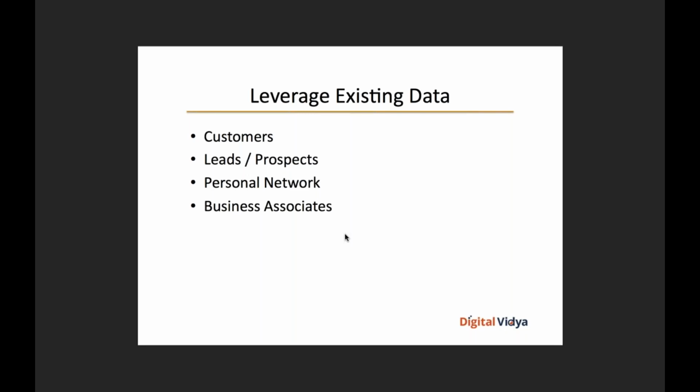In addition to all of this, you can also leverage existing pools of data you already have access to, which is your list of partners, your partner network, business associates, your employees, your own personal and professional network across your different social media platforms, the existing set of leads and prospect pipeline, and your existing customers. All of these would also get into your email lists. And obviously you cannot have a one size fits all email approach. As I said earlier, you need a different kind of email approach for existing customers when compared to leads, and so on and so forth.